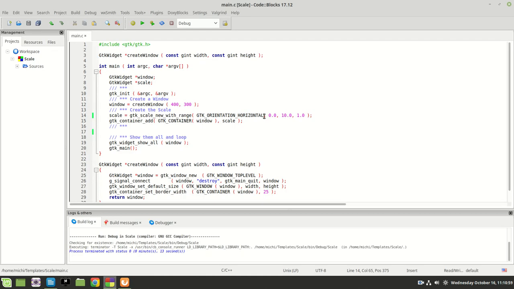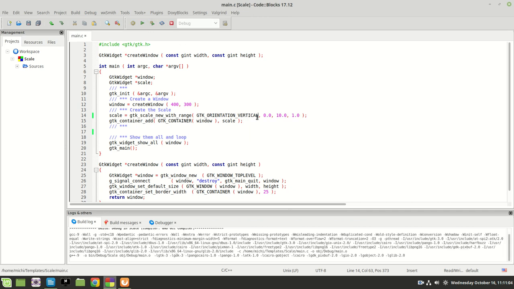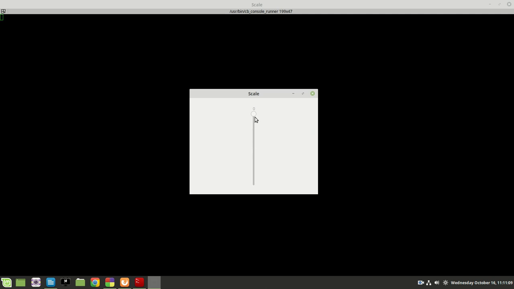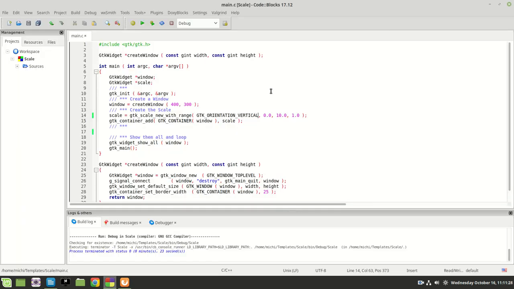The same doesn't happen, as you maybe expected, when you choose the vertical one, which means the value doesn't go from bottom to top. Maybe you are expecting 0 to be here and 10 to be there, but it is not, because this widget was rotated from left to top. This means clockwise, and maybe you don't like this behavior and want to change it. If you want to change it, then you just call this function